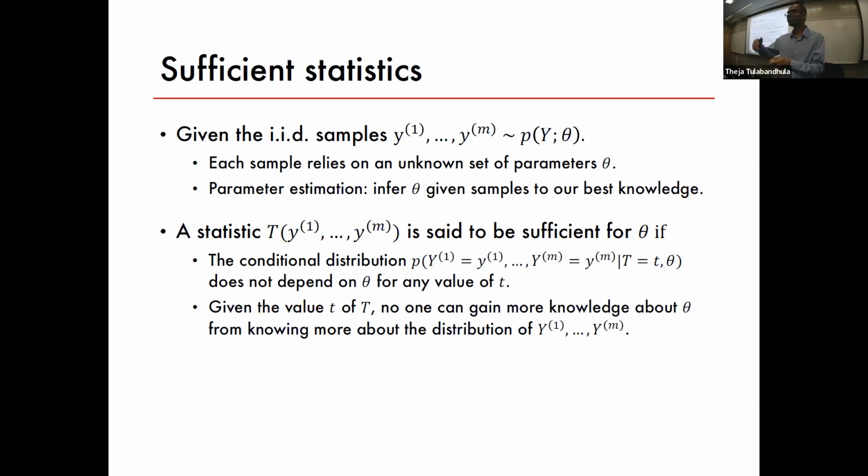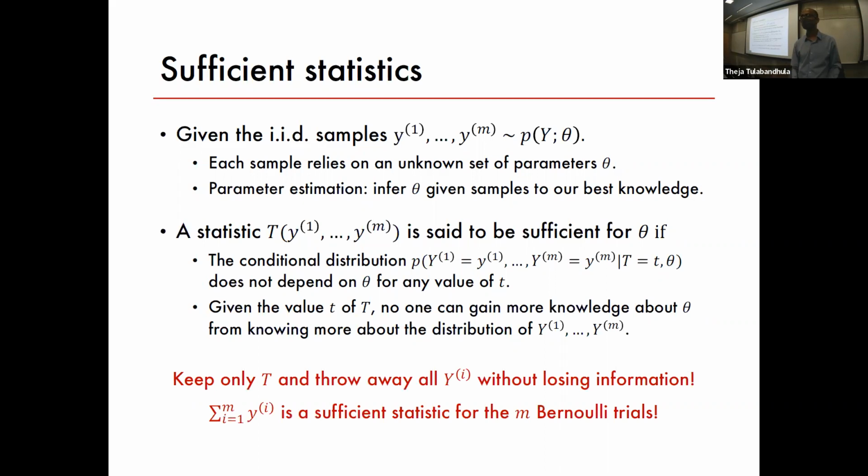If you give it a sufficient statistic and say, hey, the first sample was this, the second sample was this, can you tell me a better estimate of theta? It's not useful. You cannot use that. Any name of few? Yeah, we'll see. In fact, all the usual things that you saw, like the average is a sufficient statistic for, it depends on the distribution. So a sufficient statistic is not something completely unrelated to the distributions that we care about. Depending on what this distribution is, you'll have a sufficient statistic.